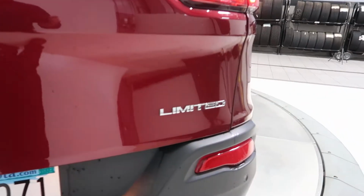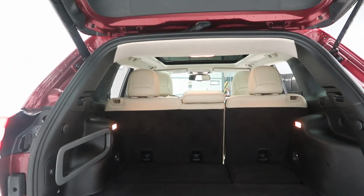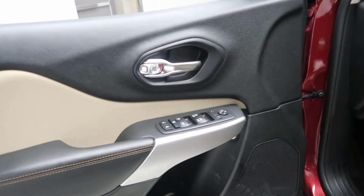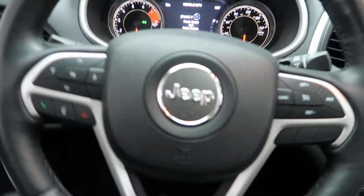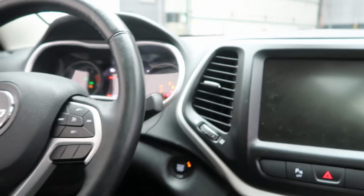4x4 limited badging, trailer hitch, power lift gate, 60/40 fold down rear seats, blind spot assist, keyless entry, power windows, power seats, steering wheel controls with Bluetooth capabilities, push start ignition,